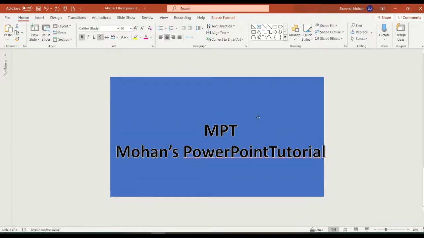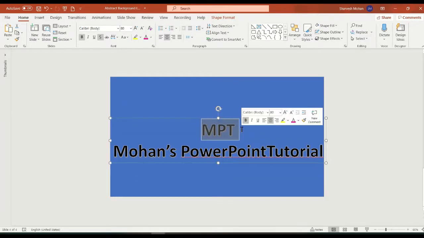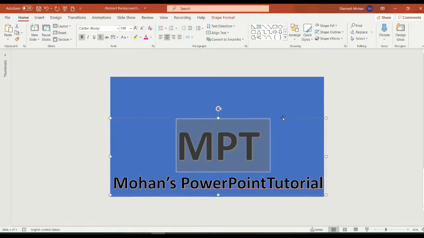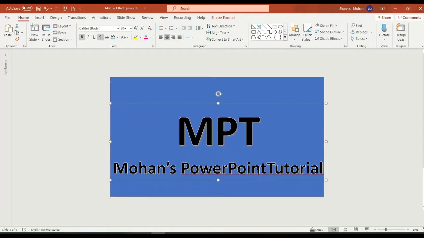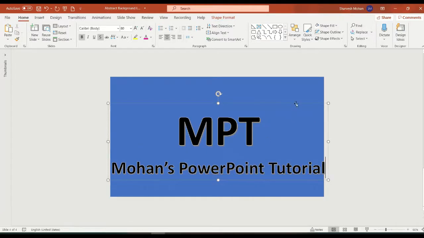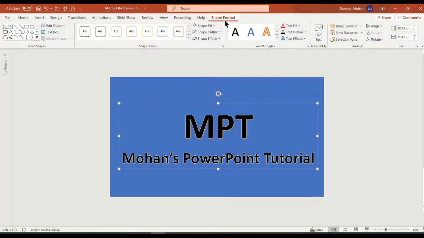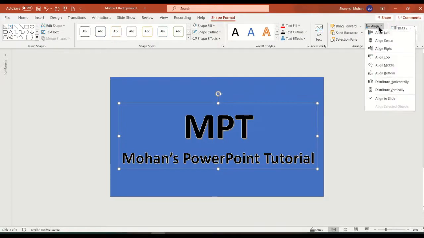And this one also we will increase the size. A little bit we can reduce. And we go to Shape Format, Align Center and Align Middle.